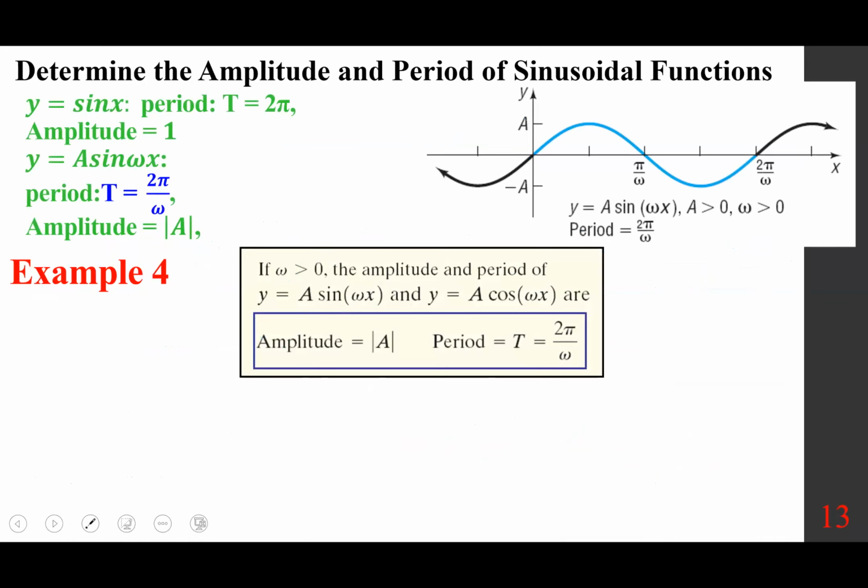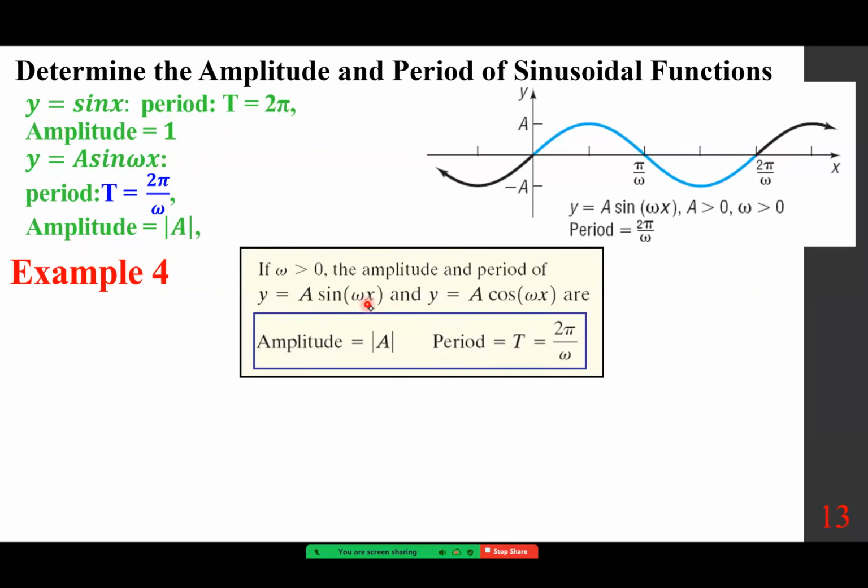All right, we want to determine the amplitude and period of a sinusoidal function. And we said for y equals sine x, and the same thing for cosine x, the period is 2 pi, the amplitude is 1. But if it's a sine omega x, we divide 2 pi by omega to get the period, and the amplitude is the absolute value of a. And again, we have it here. And that works for both y equals a sine omega x as well as y equals a cosine omega x. And by the way, in some texts, they may use b here, a sine bx. It doesn't matter,